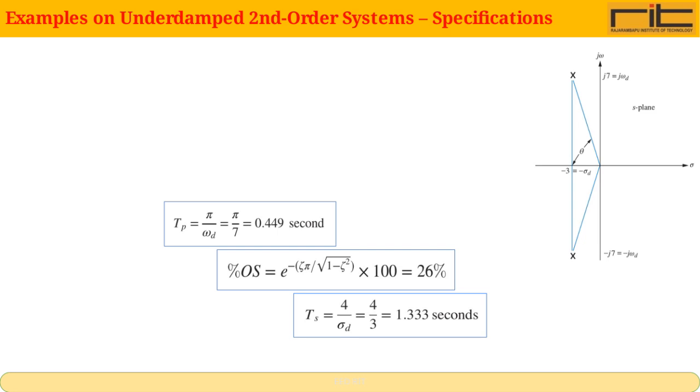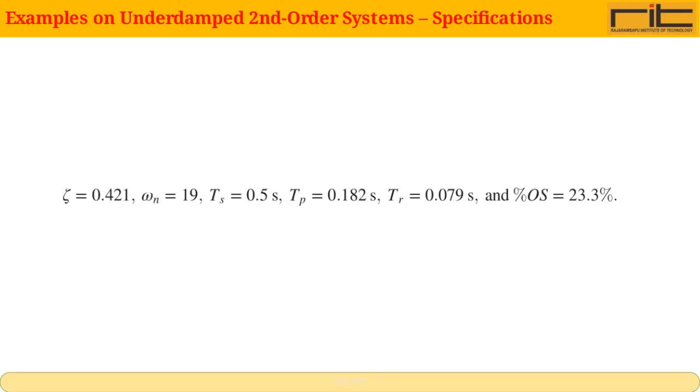This will give us a clear picture of how these systems respond over time and how we can control or utilize that response effectively. Now, let's look at some examples of underdamped second-order systems. We'll focus on the key specifications that define their behavior. These specifications help us understand how the system responds over time, including characteristics like overshoot, settling time, and oscillations. By examining these examples, we can see how different parameters affect the system's performance and how to design for desired